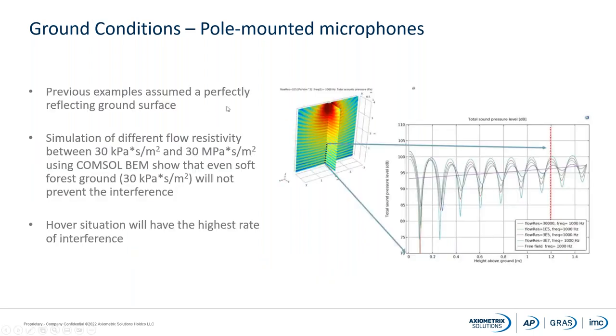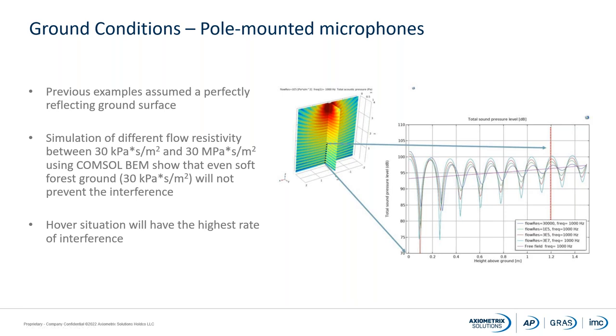And the result of that is this picture. It's a little bit busy, but I will try to show you here. On this axis is the total sound pressure level. On this axis is the height over the ground. So 1.2 means 1.2 meters, equal to 4 feet. This is where you can see the difference in the sound level when you were measuring on hard ground or soft ground. So even though you see a difference, it is still not giving a perfect result.